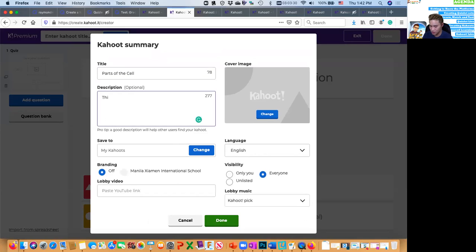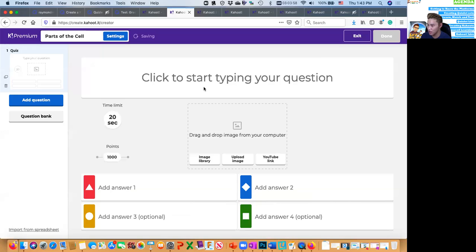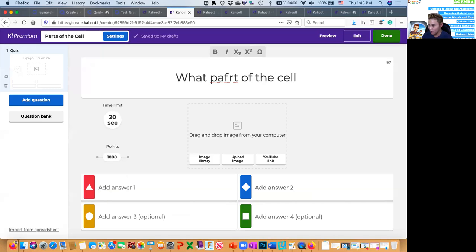And this Kahoot is for grade 8 science students. You can save your Kahoot to a folder. You can add video, and you can change the visibility and the language also. You can add an image here, and you can change the lobby music or the music while they're reading. Then you just click done, and you can start typing your question. For example, what part of the cell